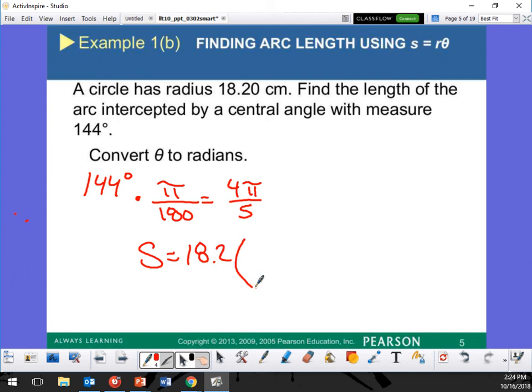18.2 times 4 pi over 5, and S is going to be about,